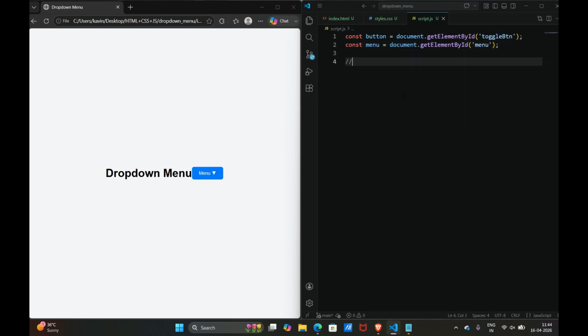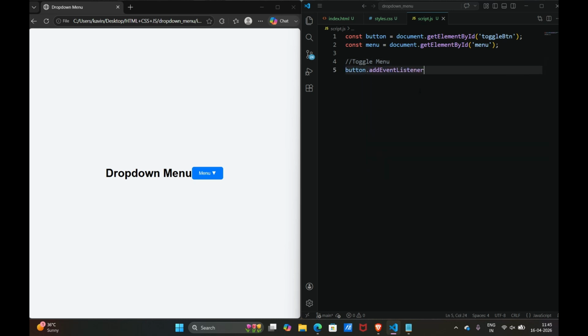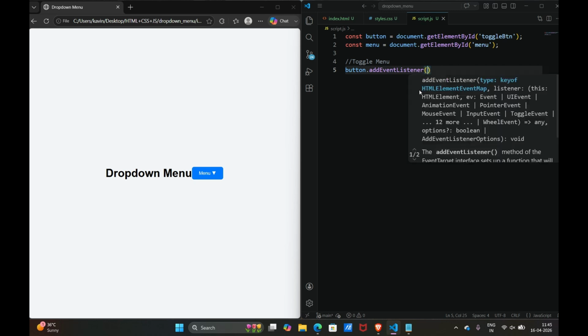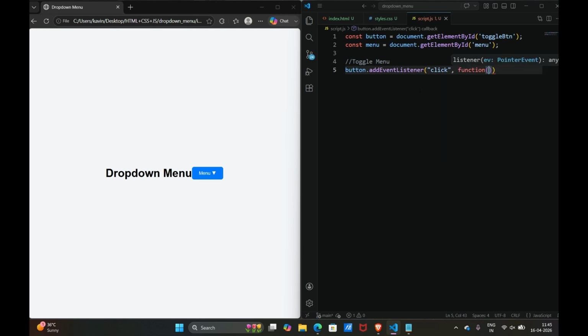Next, we have to toggle this, like for the click, when we click, the menu should appear for the toggling operation. To toggle the menu, I'm selecting the button element, giving addEventListener. The event is click. It executes a function,